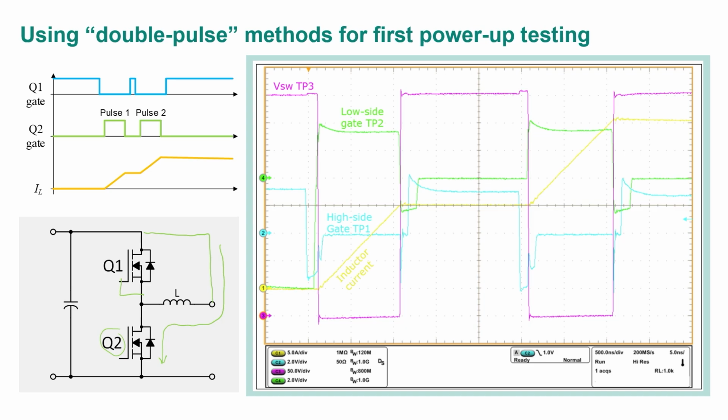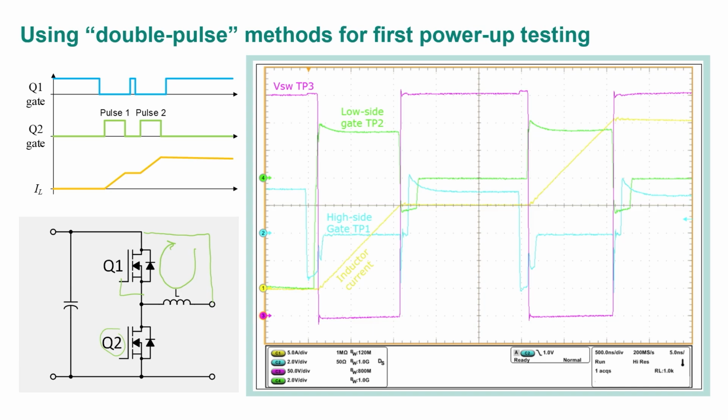So I get current flowing in the inductor, and then when I shut off Q2, now the current recirculates through Q1 in the opposite direction. So it's just a freewheeling diode. And I can do this several times. So first, just make sure everything's switching the way you expect and that all the timing is correct and the